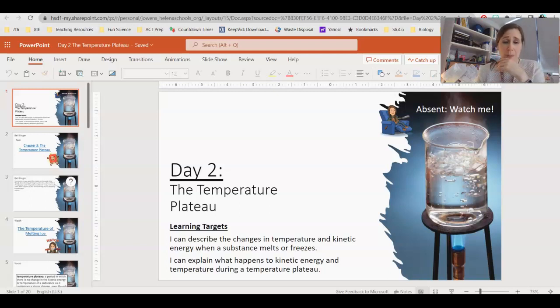Okay, with that being said, your learning targets: I can describe the changes in temperature and kinetic energy when a substance melts or freezes, and I can explain what happens to kinetic energy and temperature during a temperature plateau. So one of the things I want to touch on that we talked about yesterday was the